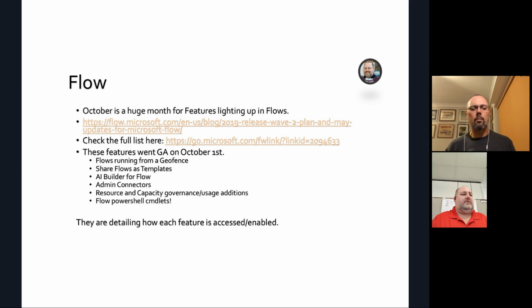Again, another batch of admin connectors so that you can hook up to different data sources. I think I saw a couple of different chat systems and some different data providers. And then they're adding resource and capacity governance to the admin console. So you can tell they're toying with premium connectors and premium activities, stuff that may take more CPU than the average unit if you're doing stuff in a loop or things that kind of hang around. So they've got to tick-tock the usage governance so that they can keep that in check and report that to the admins.